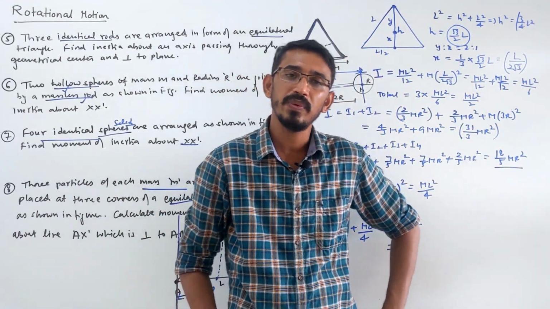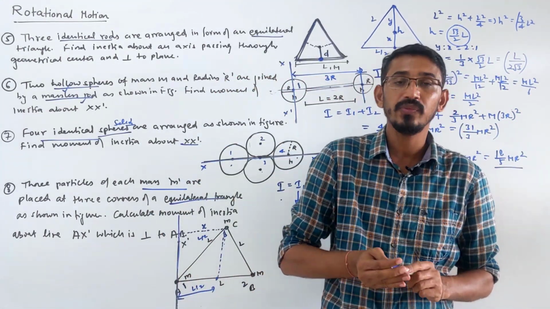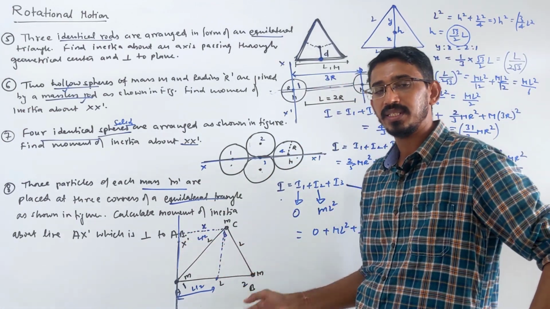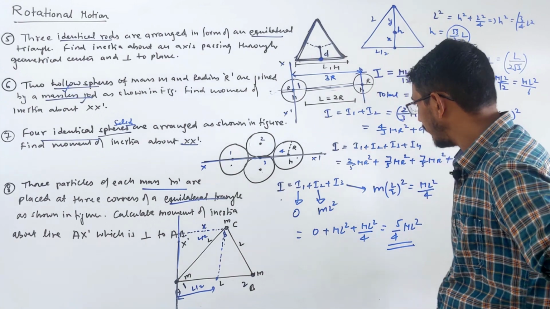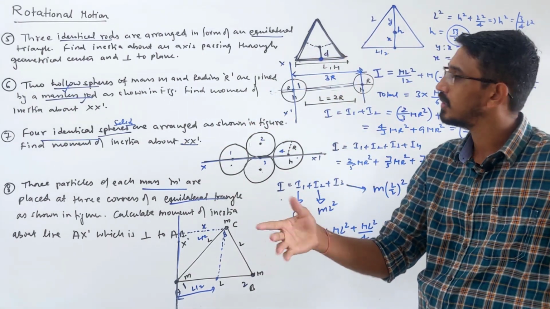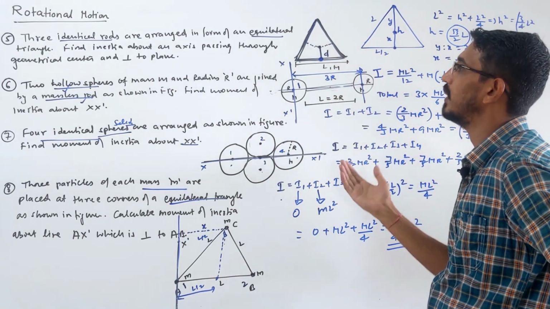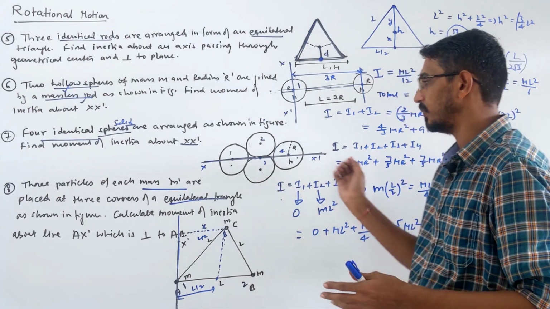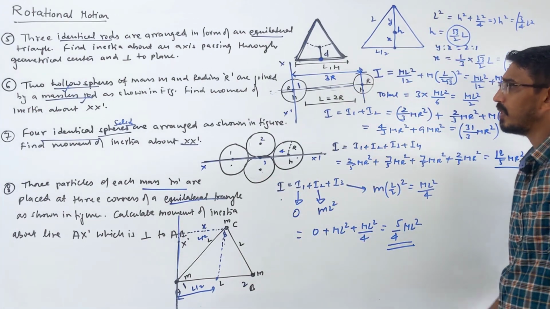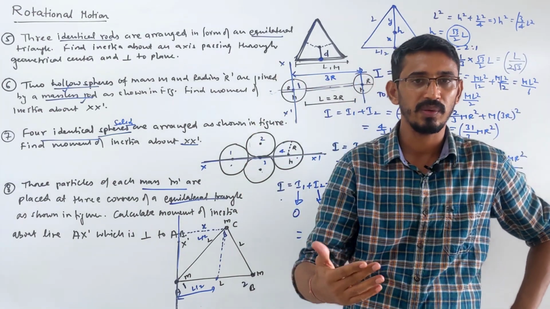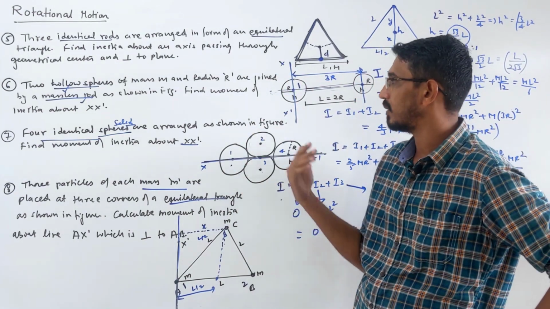So we have done 2 types of questions. The first type is point mass, like this is an example of point mass, where you just do mr square. The second type is regular bodies, which you have learned, 9 bodies. They are arranged in some form, and we have to find the net inertia. Inertia is always an addition, always positive. Now after this we have 2 more types of questions. One is integration problems. One is cutting of the bodies problems. We'll do questions based on them.